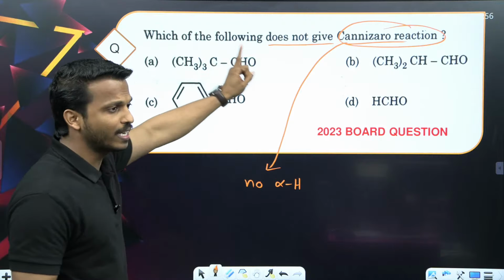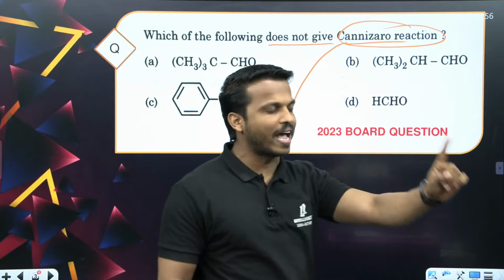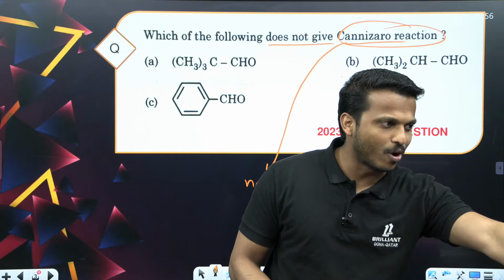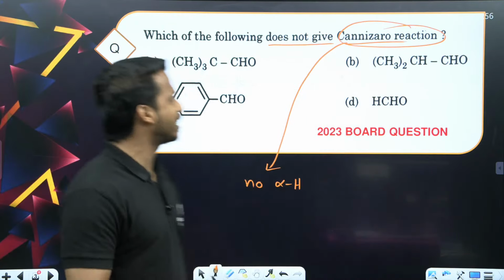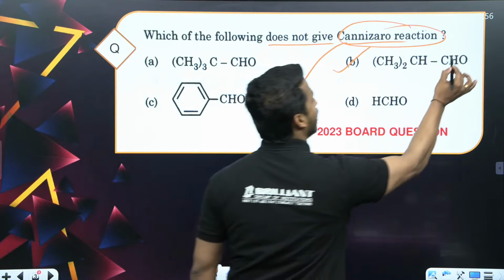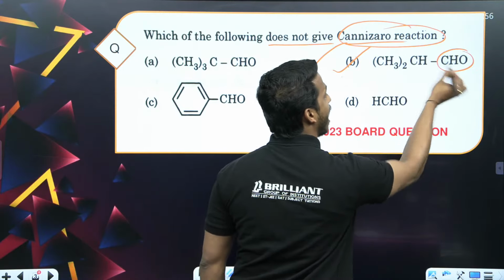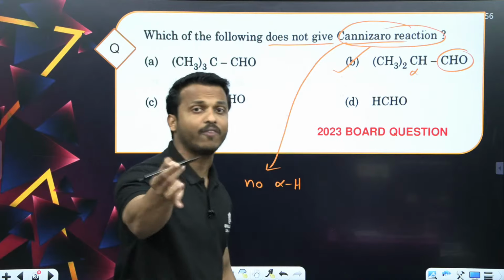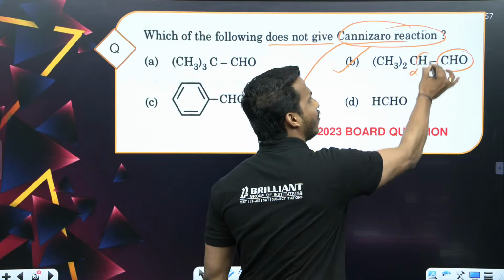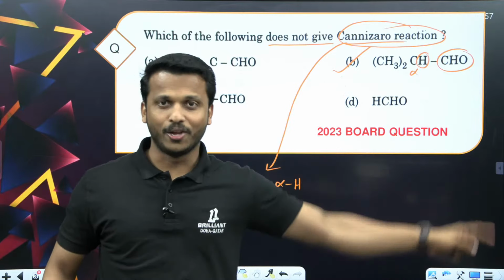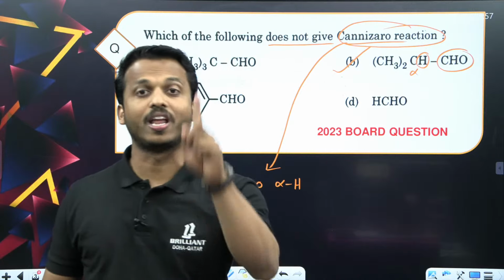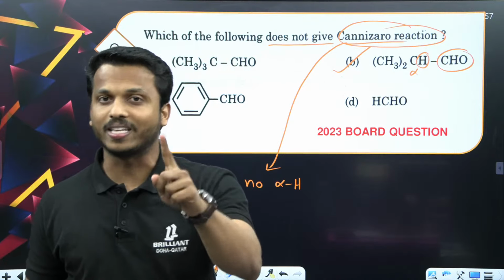So which of the following does not give Cannizzaro reaction? I think the answer has already been given by Reem: option B is the correct answer. Yes, dear all, option B is the right answer because this is an aldehyde, and the carbon connected to the aldehyde is called the alpha carbon. See, the alpha carbon contains hydrogen. Yes, alpha hydrogen is there. If it contains alpha hydrogen, it does not give Cannizzaro reaction, it will give aldol condensation,